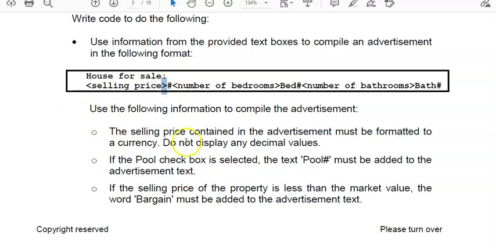The first bullet just tells you that you shouldn't have any decimal places for the selling price. And then the next one says if the pool checkbox has been selected, you are adding pool hash to the end of this advertisement. And then also you would add the word bargain if the selling price is less than